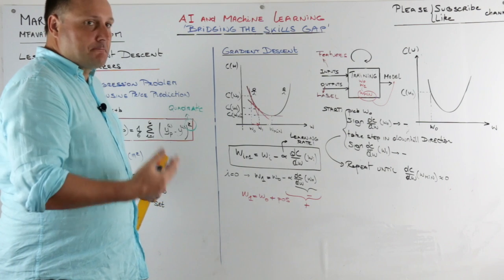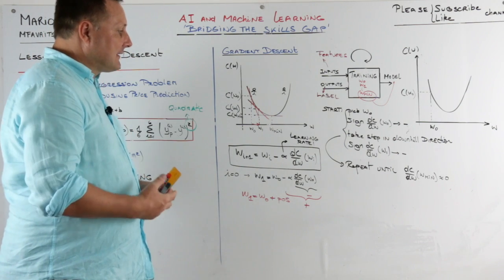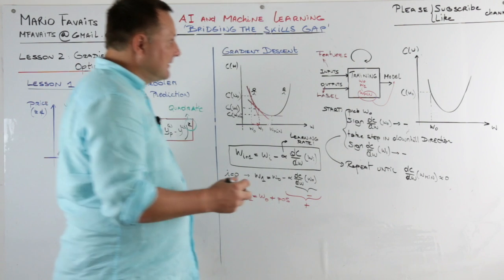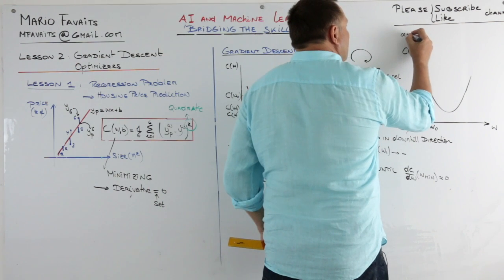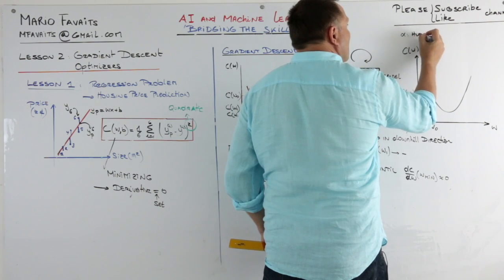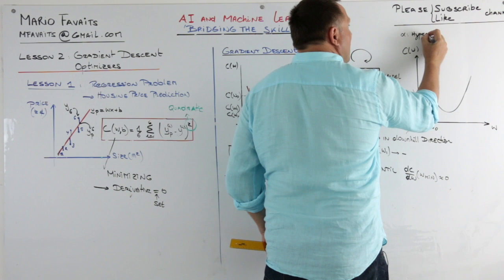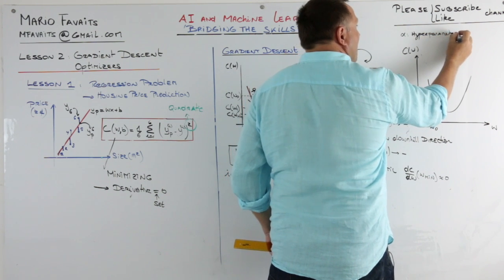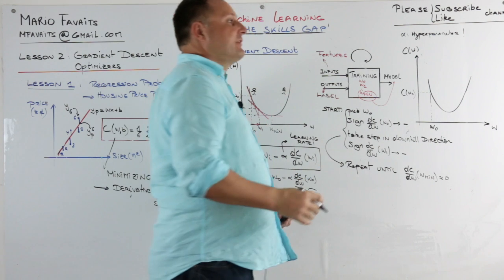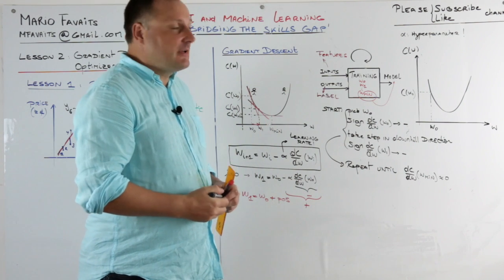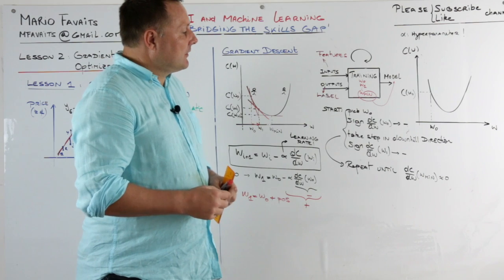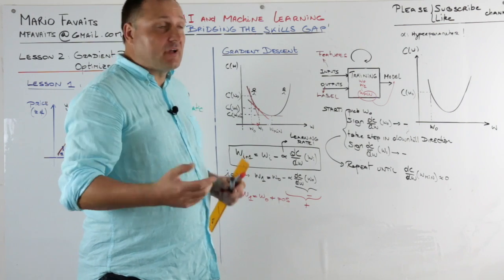And alpha is a hyperparameter, which means that we as data scientists need to choose alpha. And we'll see a lot of hyperparameters in machine learning. Yeah? So, how to choose alpha? Well,